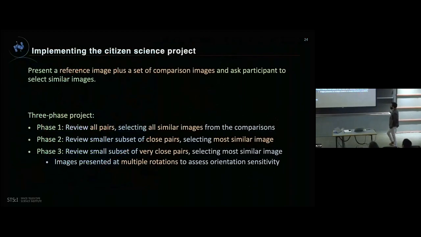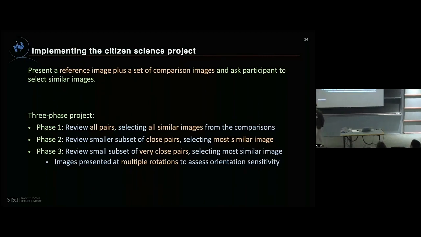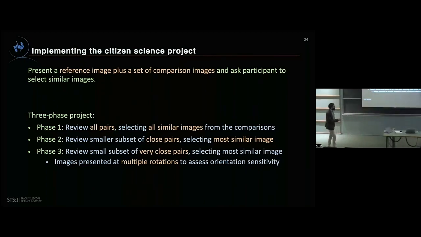So we implemented this as a citizen science project. What you do is you present a reference image plus a bunch of comparison images and ask the participants to select similar images. In the first phase, they would review all pairs, selecting all similar images from comparison. This is sort of an approval voting situation where you're allowed to vote for all of them if you want, or none of them, or whatever. In the second, they would review a smaller subset of closer pairs, and I'll talk about what I mean by this in a minute, selecting the most similar image. And then in phase 3, very, very close pairs, selecting the most similar images. And then we would